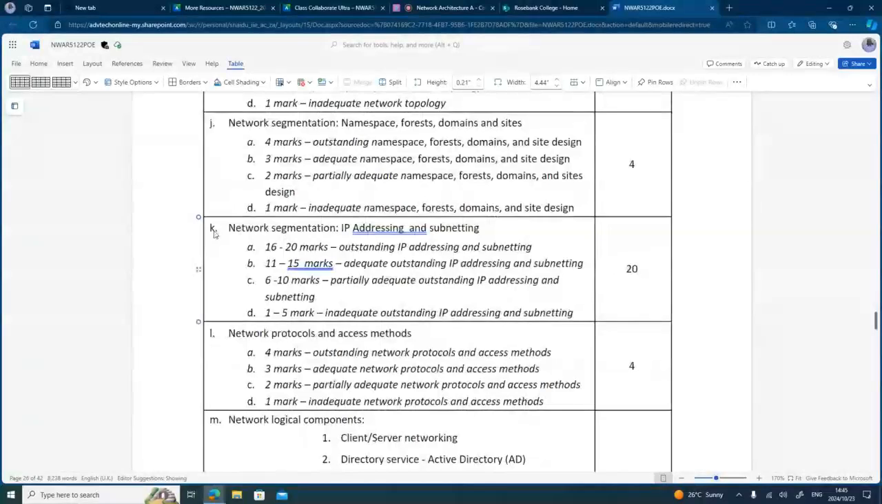Network segmentation, IP address, and subnetting. What we can do here is use the IP addresses that we use. Now look at the mark allocation here. They've given us a significant amount of marks. In a separate video, when I'm setting up activity 4, where we're creating the actual ranges of IP addresses or subnets, I will give you more information in that video. For now, you just need to know that we're going to create IP addresses for the different sections